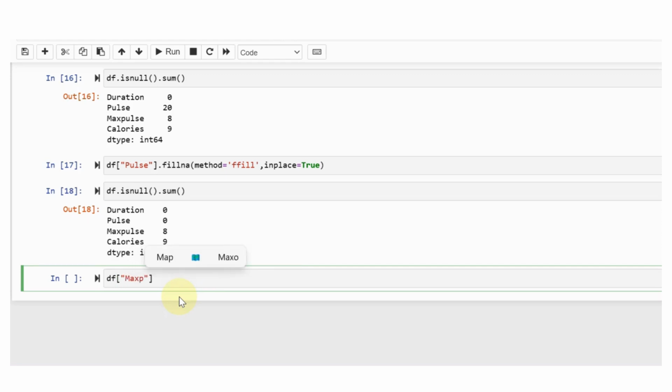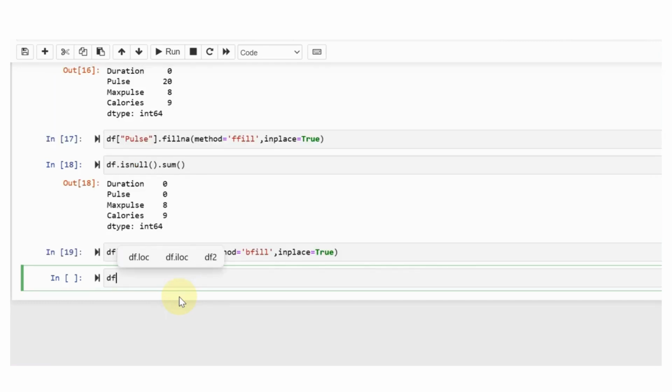Now replace max pulse using backward fill. The fillna method equal to bfill, which means backward fill, inplace equal to true.